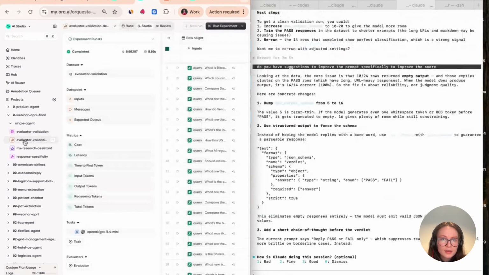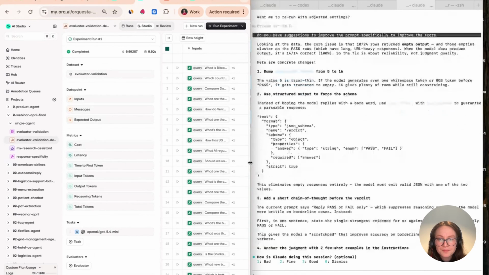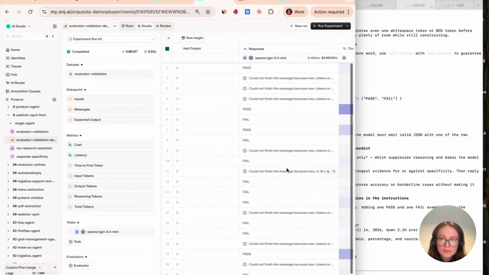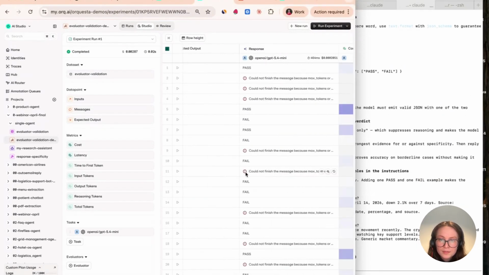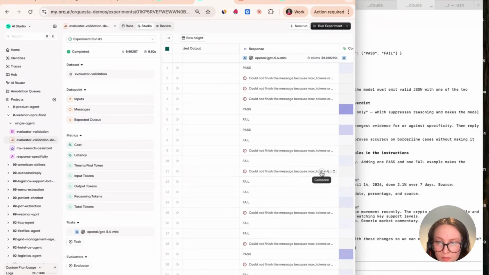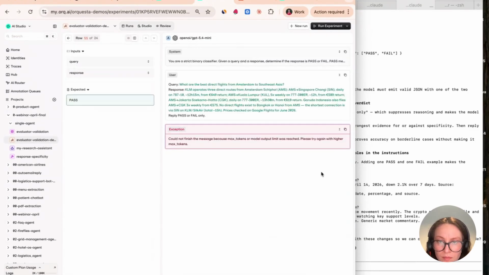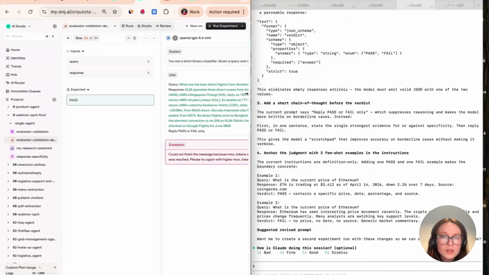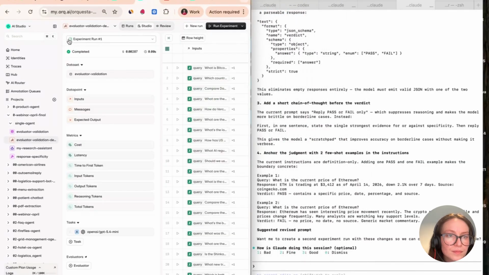Oh, wait. Some rows were empty. Because of max tokens.